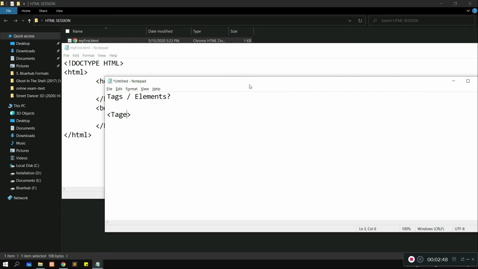Here we will give a tag name, and there are two types of tags or elements: opening and closing tags, and second is self closing, or you can call them independent tags or elements.